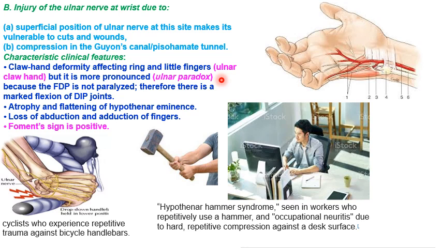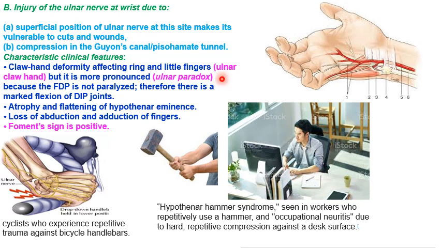Because of the functioning of the flexor digitorum profundus, there is marked flexion associated with already flexed distal interphalangeal joints because of the paralysis of lumbricals and unopposed action of the flexor digitorum profundus. So there is